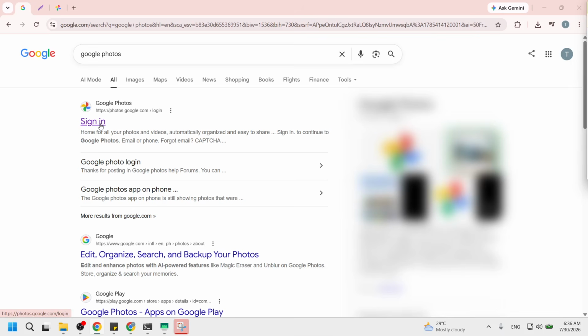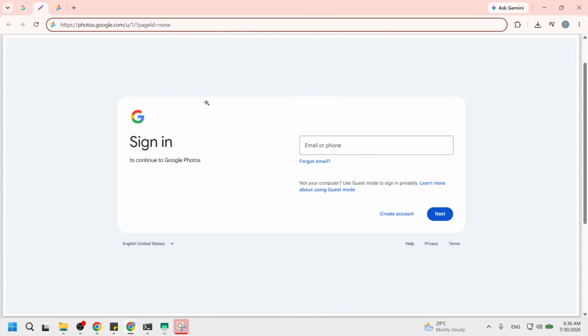Next, click the correct Google Photos link and sign in with the Google account tied to your Google One plan. If you have more than one Google account, make sure you choose the same one you use for your Google One storage, or you might see an empty or different library. After signing in, you will land on the main Google Photos grid with your images laid out in rows by